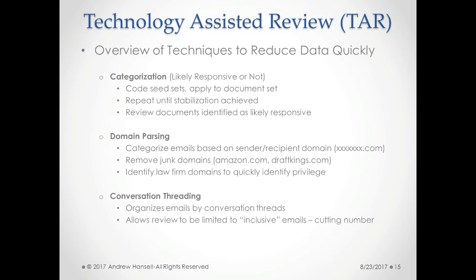What this is going to allow you to do is to limit the review of your emails to what are called inclusive emails, cutting the total number of documents you have to look at. So if I have a chain of 7 or 8 emails where the email has gone back and forth with the same set of recipients, and the text is included all the way down for the whole chain, what the database is going to do, it's going to identify that last in time email, the 8th email of that, and you can then just review that one and code all the way down,